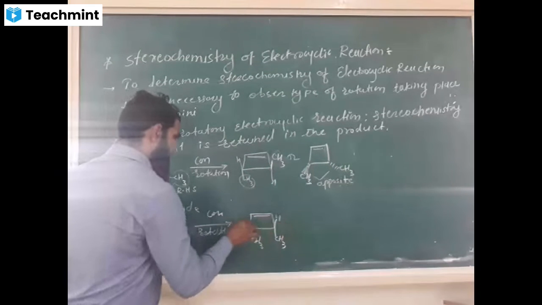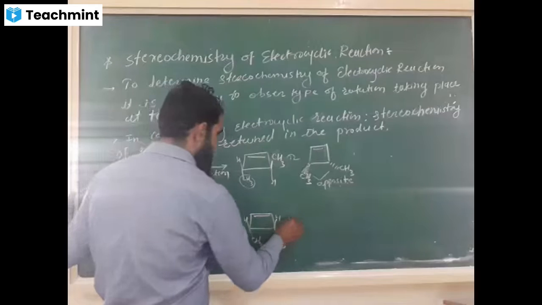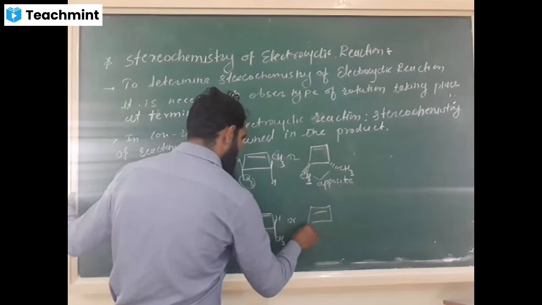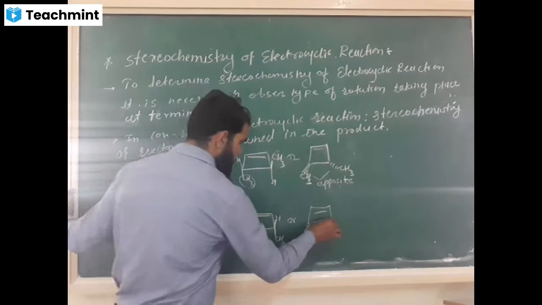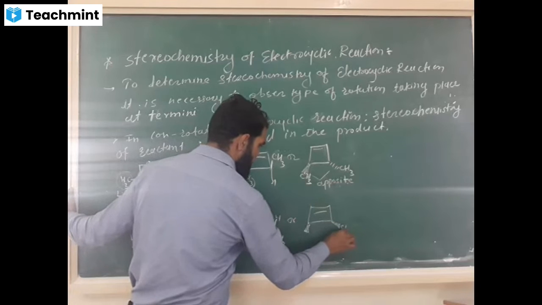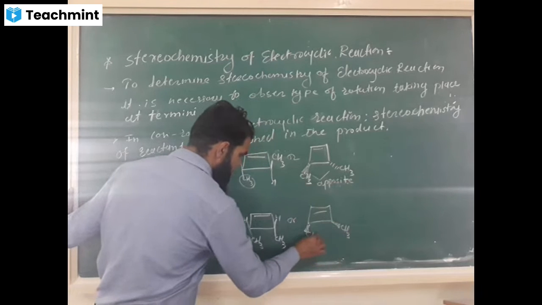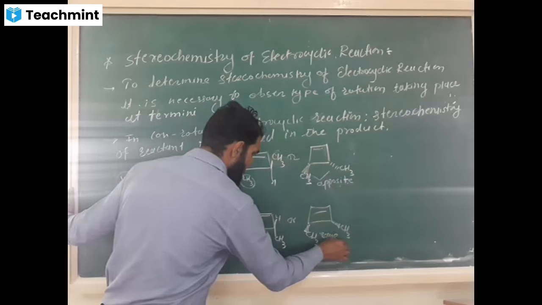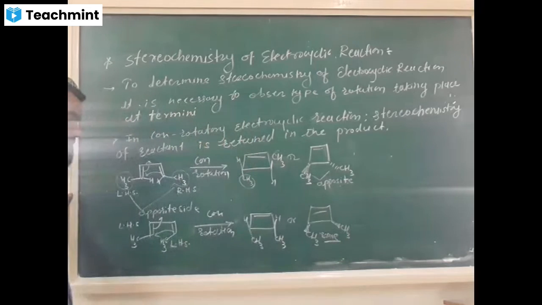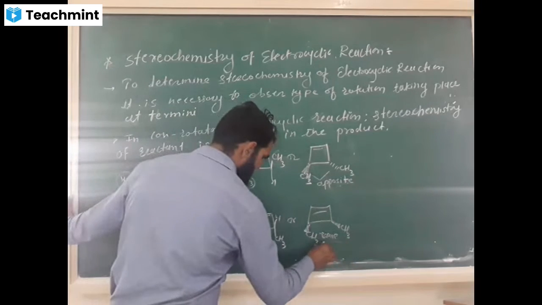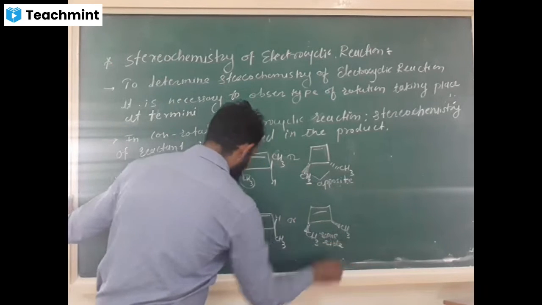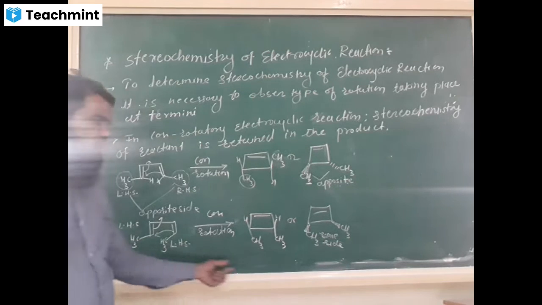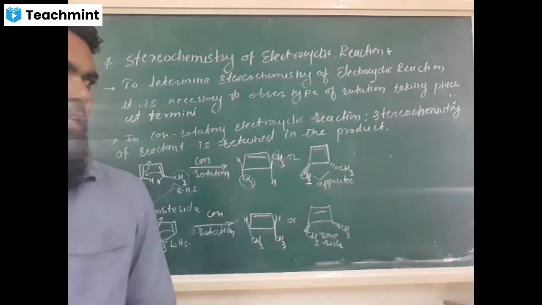Here H, here H. और हम इसको ऐसा भी लिख सकते हैं कि ये डबल बॉन्ड, अगर ये CH3 अबव द प्लेन है तो ये दूसरा CH3 भी अबव द प्लेन ही होगा, यानी दोनों सेम साइड रहेंगे या फिर दोनों सिस रहेंगे। तो स्टार्टिंग मटेरियल में भी दोनों सेम साइड थे, तो प्रोडक्ट में भी सेम साइड ही रहेंगे।